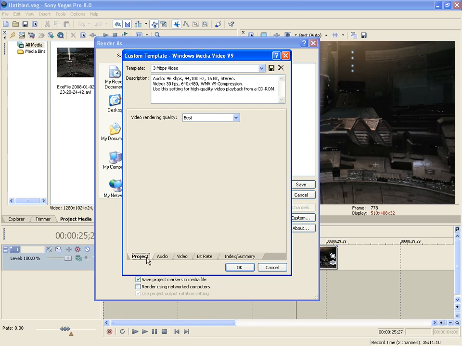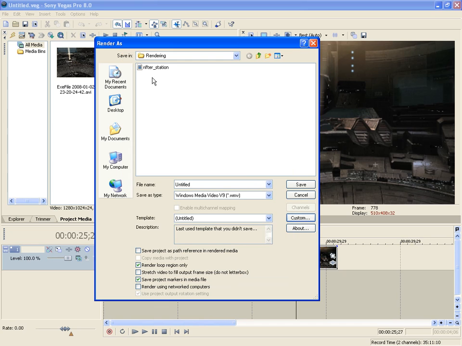And if you want to save this as a preset, then you've got a save template option here, which you can just check and then give the template a name. But for now that's set up, so you click OK. And you want to give it a name. Now this is one I did earlier, but try and give the name